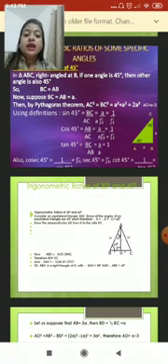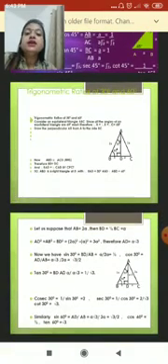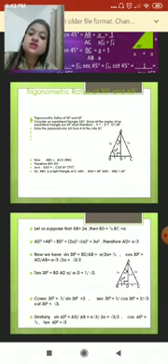Okay, let us move to the derivation of 30 degree and 60 degree. Now for this, we need to consider an equilateral triangle. What is an equilateral triangle? Let me just revise with you all. An equilateral triangle is a triangle whose all sides are equal and all the angles are equal. So consider an equilateral triangle ABC. Since all the angles of an equilateral triangle are 60 each, therefore my angle A, angle B and angle C all will be 60 each.